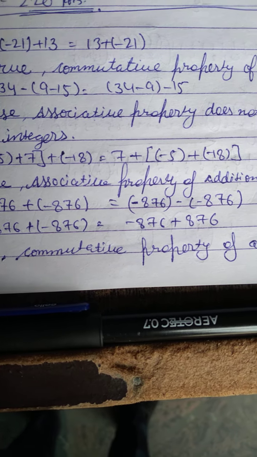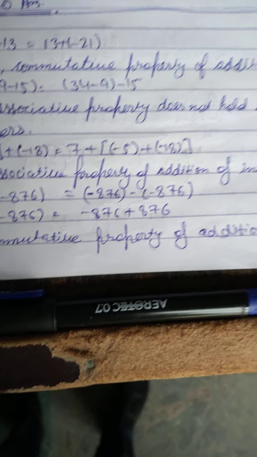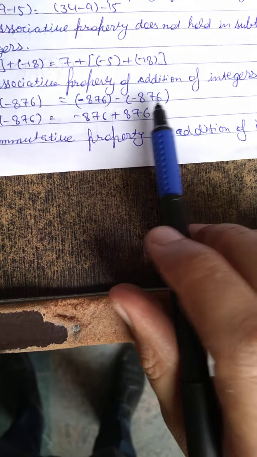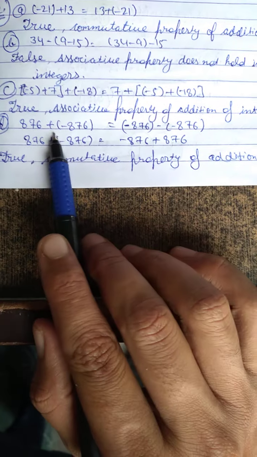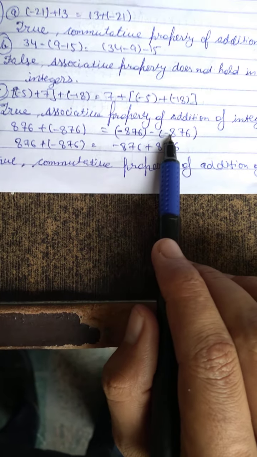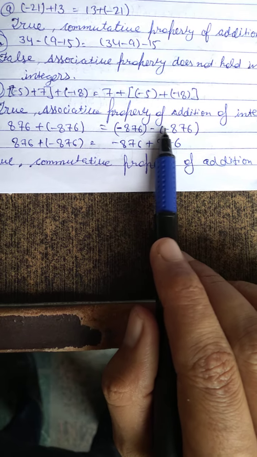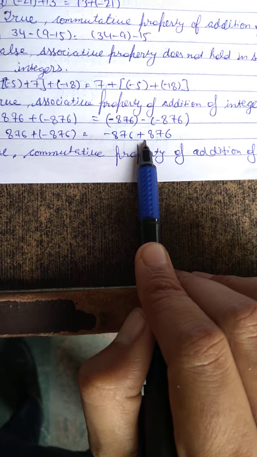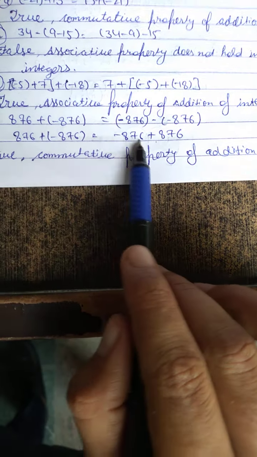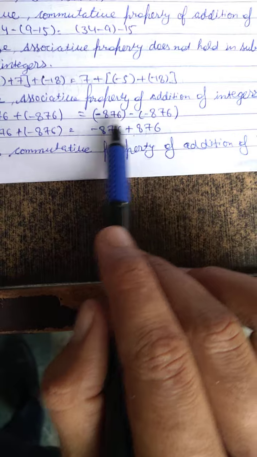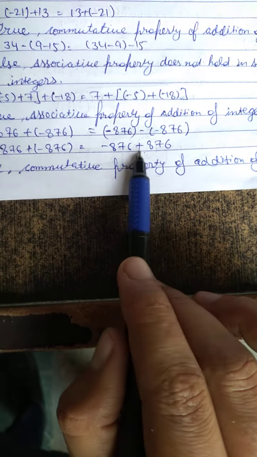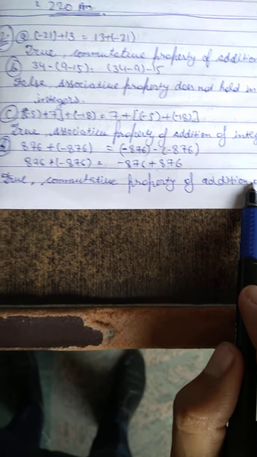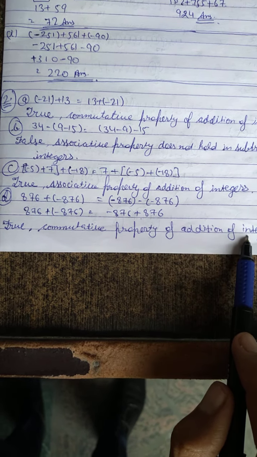And in the D part, pay attention because the examiner or the book writer gives a modified statement. They write minus minus here, and we know that if we multiply minus into another minus, the answer is positive, which we already discussed in the previous classes. So it is very similar to the commutative property. We convert this statement into the commutative property, and then we know that the commutative property of addition holds. So these are true.